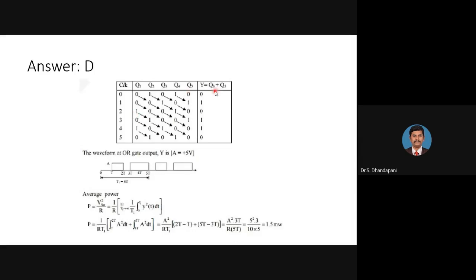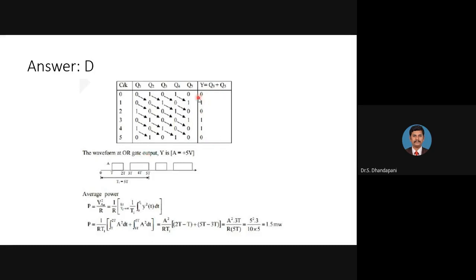The output Y is calculated as Q3 plus Q5. Q3 is 0, Q5 is 0, 0 plus 0 is 0. In the next clock, Q3 is 1, Q5 is 1, 1 plus 1 is 1. Next clock, 0 plus 0 is 0. 0 plus 1 is 1. 1 plus 0 is 1. 0 plus 0 is 0.